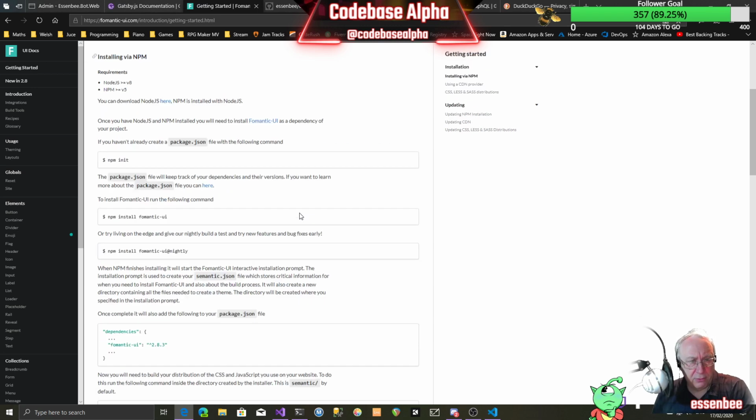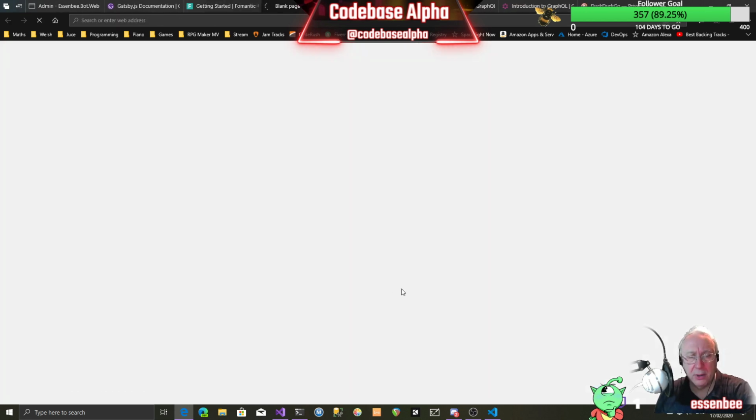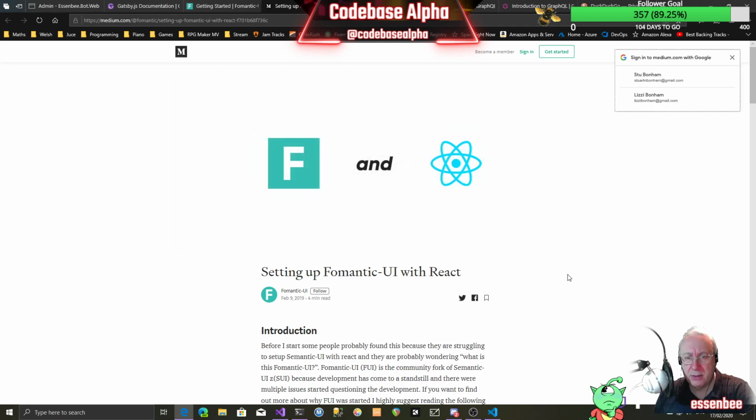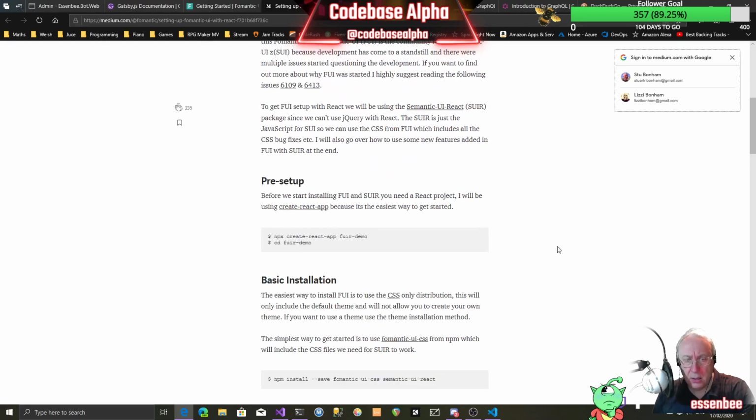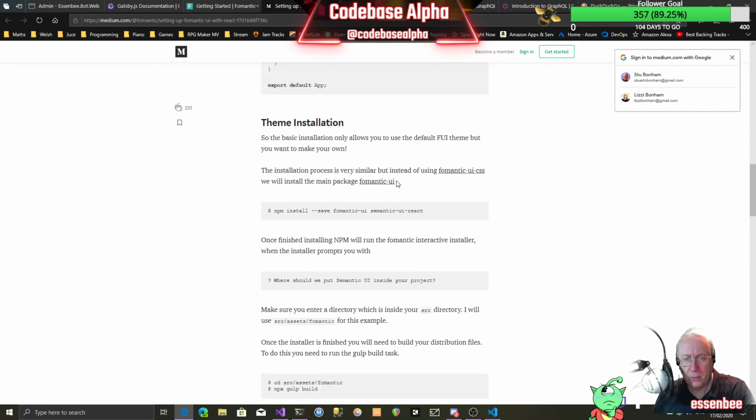So I read the instructions here, and eventually came down to the bottom here, setting up Semantic UI with React, and as Gatsby is basically a React framework for static websites, I followed this. So this is the bit we followed, the theme installation versions. Run this npm install, which is Semantic UI and Semantic UI React. Now we already had Semantic UI React installed, so I simply installed Semantic UI, got rid of Semantic UI less, which was the previous version we had installed,